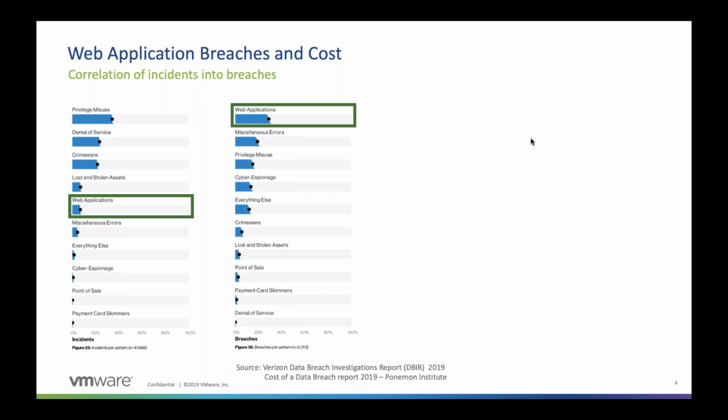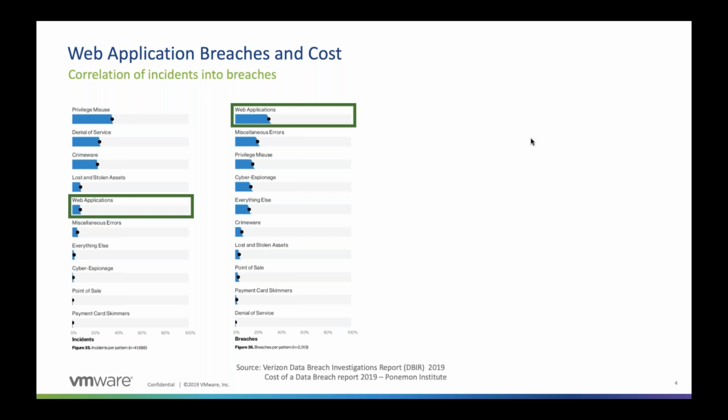That is not that surprising when we examine the attack types a bit closer. For instance, a denial of service attack might bring down your website, but it will not necessarily result in a data breach. On the other hand, a SQL injection in a web application will allow the attacker to get all that data from the database. So a web application with a vulnerability is a much higher breach correlator. Therefore, our first conclusion is that we need better application security and better defenses in front of these web applications that we host.